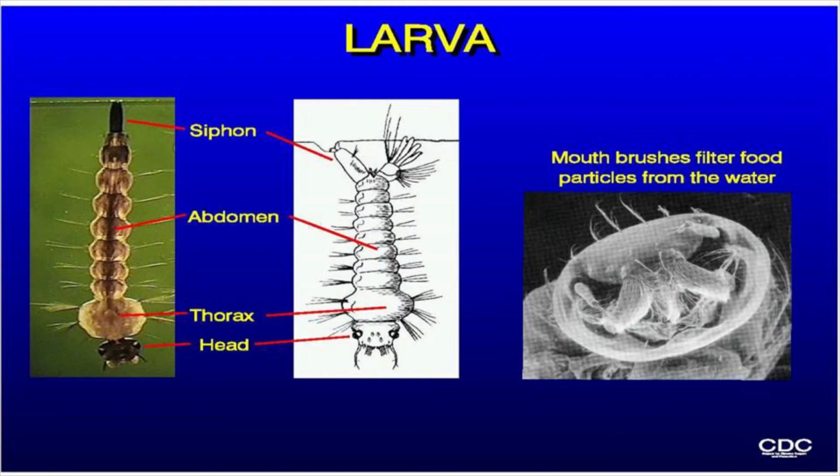The next stage that mosquitoes go through is the larval stage. They hatch from those eggs and come out. So this is the mosquito larva. What you can see at the very top is that they live in standing water and they need to breathe. So at the top right here is the siphon. That's the end of the mosquito. It's sort of like a snorkel. She has to push that through the edge of the water so that she can get oxygen to breathe,